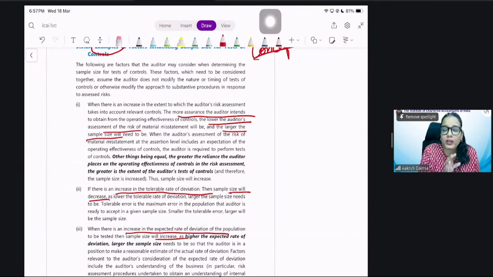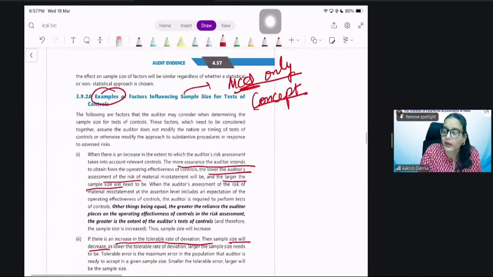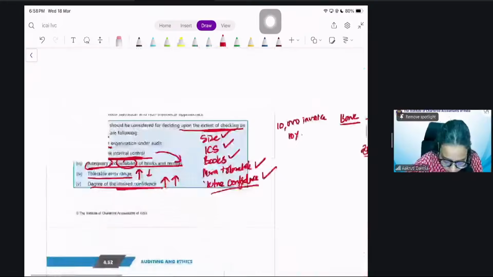So basically, three main things can come from an exam perspective when you have to remember the points. It's the advantages, then the methods of sampling, and of course, the factors that affect sampling. The rest you have to understand in detail as a concept properly, because they can come in case studies in detail. MCQs can come. So point-wise learning is mostly those three answers. The rest is to understand the meaning of the standard properly so that you can attempt even complicated case studies. Okay. So we are done with this, and now we will move on to page number 4.33,